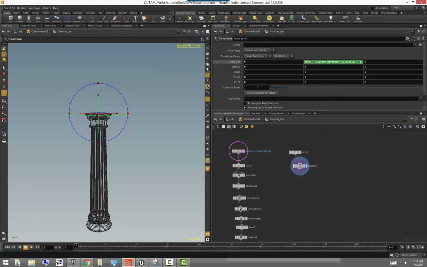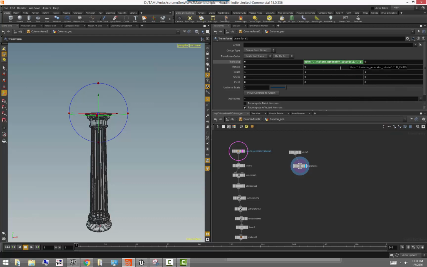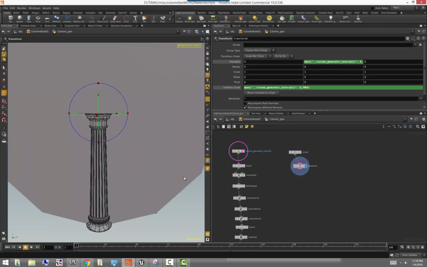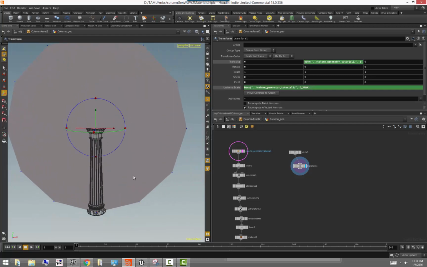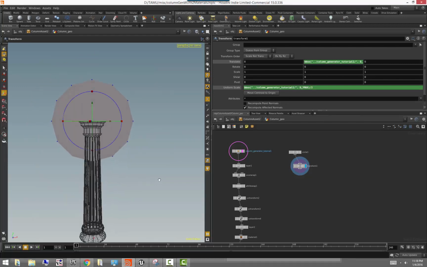Next, we want the scale of this circle to match the proportions of this, okay? So if we go to uniform scale, we can make it a ratio of the actual height. We can copy this parameter and paste this expression here, so we have the y max here. Now, remember we were dealing with radiuses here, so we want to be very careful with the size that we pick. Instead of going with the full size of the circle, we probably want to go with maybe just a third of it, just to get a bit more of a golden ratio type of feel. And then also,